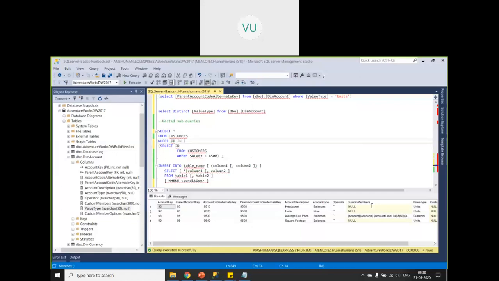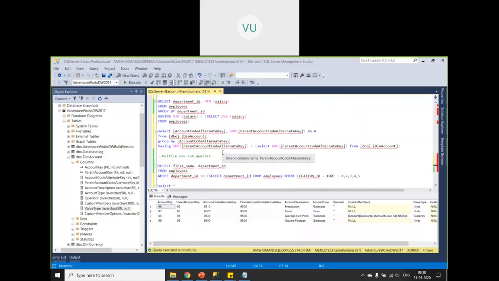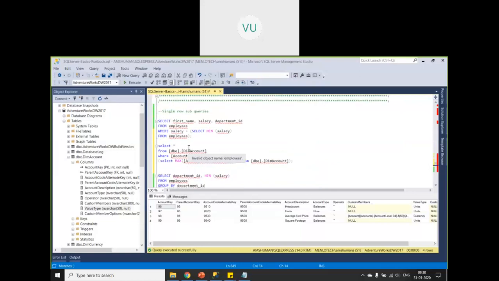Use equal to sign in place of in keyword in before queries. Yeah, that is because it is returning only a single value, right? See, here I have used equal to because I am applying some aggregation function on the column. I am sure that it will always return one value.